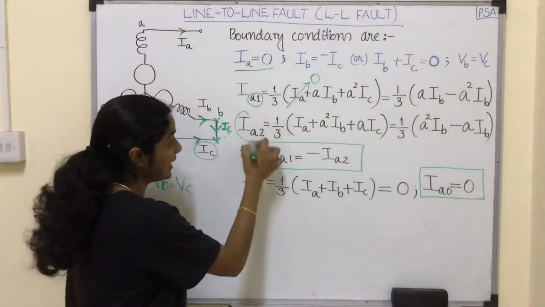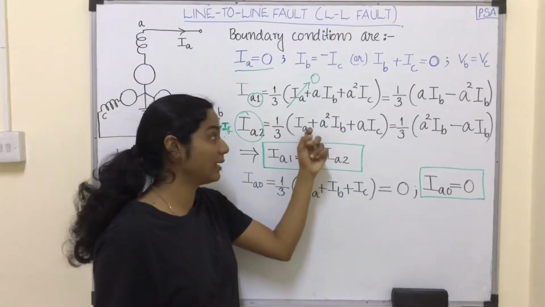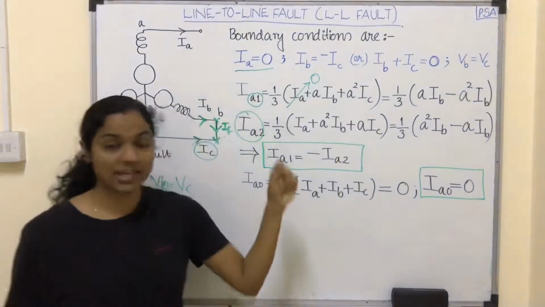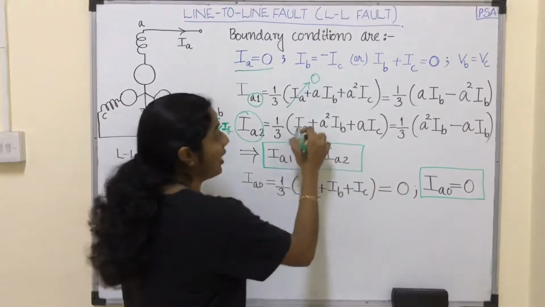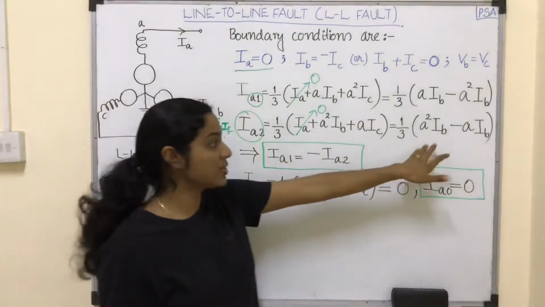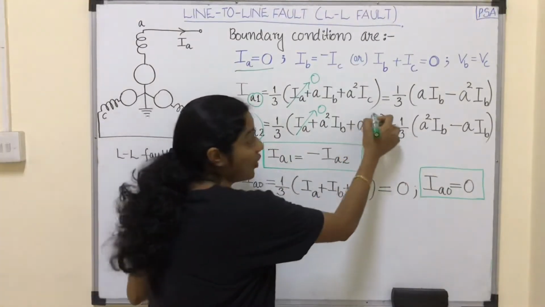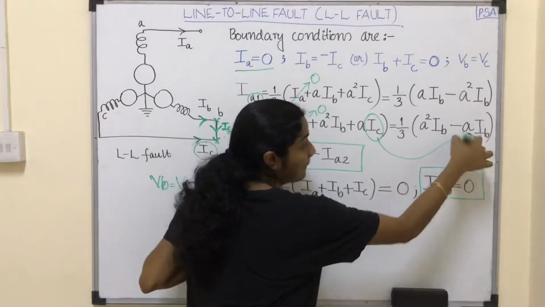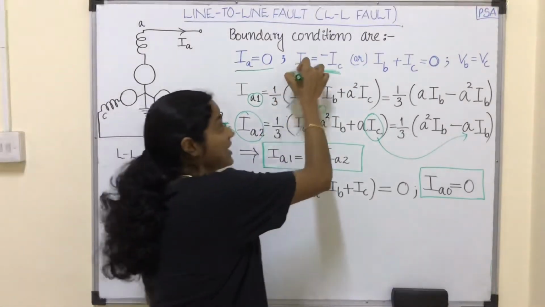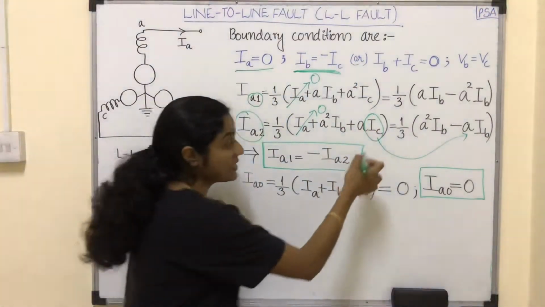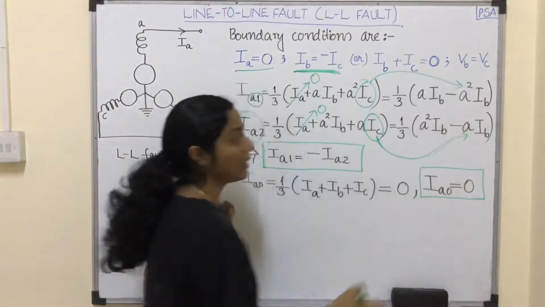And look at the negative sequence current. The negative sequence current is equal to 1 by 3 times of IA plus A square IB plus A IC, same as in the symmetrical component current derivations, which is equal to, again with IA equal to 0, the rest of the part, 1 by 3 times of A square IB. Instead of IC, I have written minus IB. With this formula, we have replaced IC with minus IB. Same way here, IC with minus IB.